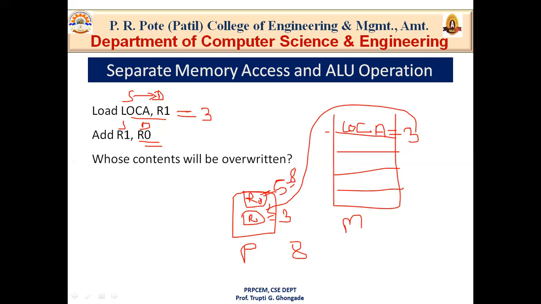So this destroys the former contents of register R1 as well as those of R0. Why did it destroy the contents of R1? Because before transferring data from location A to R1, for example, there is 1, and while transferring this 3 to R1, R1 becomes 3. While adding R1 with R0, the result 8 will be stored at R0. That means 5 will become 8. So the contents of both registers R1 and R0 are overwritten.